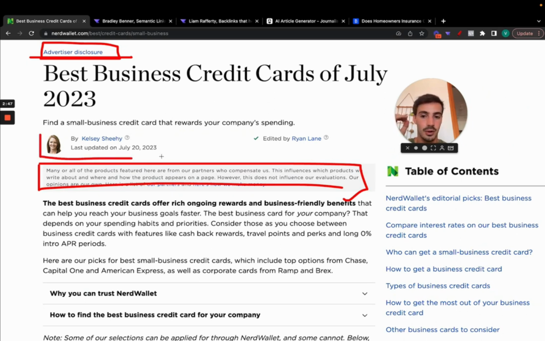Then, third thing is the author box. Now, this is a must nowadays. A lot of people don't even bother with this, but this is a must, right? Whether you're doing local SEO, SaaS, or a blog post, you need to put who wrote the blog, right? By who? In this case, Kelsey. Now, they go an extra step further, which is when it was last updated, right? Google likes fresh content. Your content needs to be fresh and up to date. Otherwise, it's going to get buried, right?